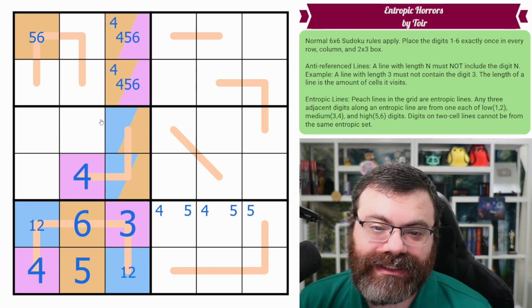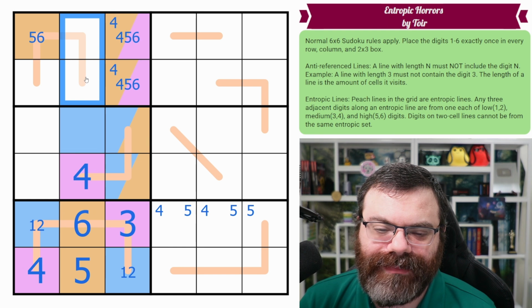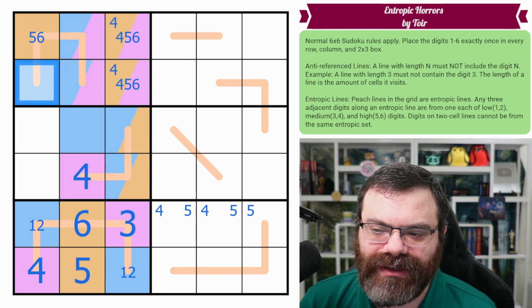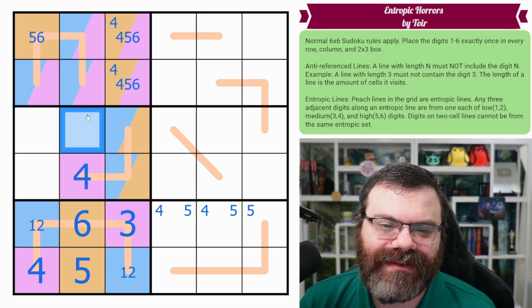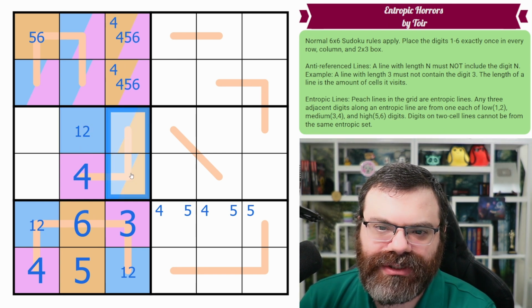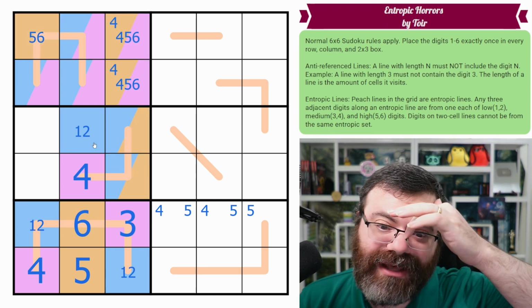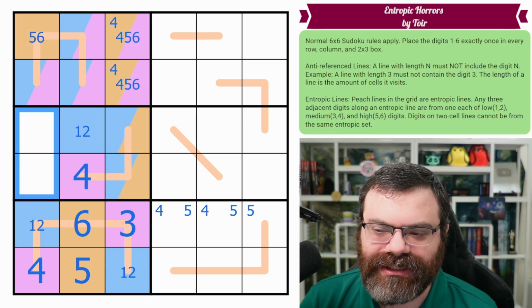Okay, is there anything else we can say here? We know that this is blue because we know there's a purple and a blue up here. We could do that if we want. We could mark these like that. I don't know how helpful that is. Sometimes it just gets to be too much, but that is a 1 or a 2. And so this is a 1 or a 2 along with an orange, which is the other 5, 6. This one basically. Okay, so we have both of our blues here. So our remaining digits here are